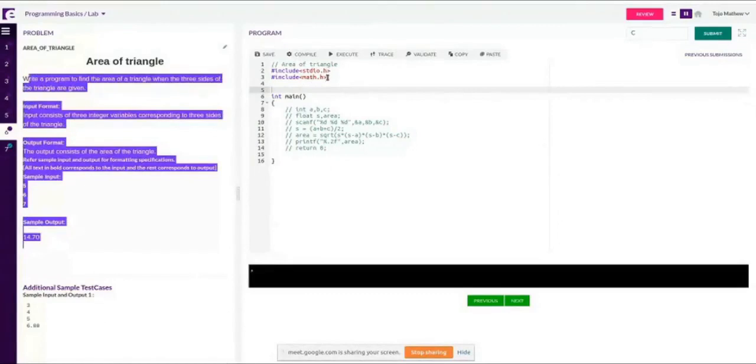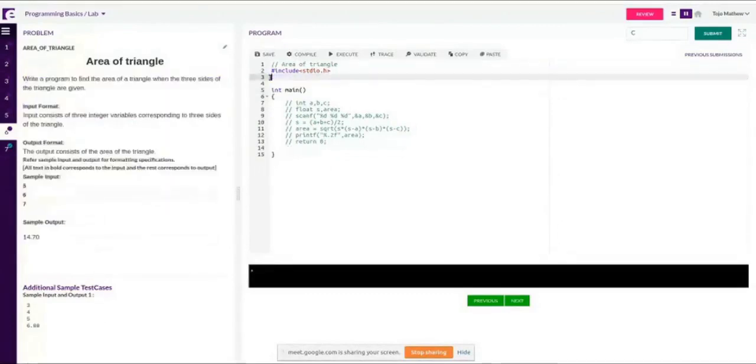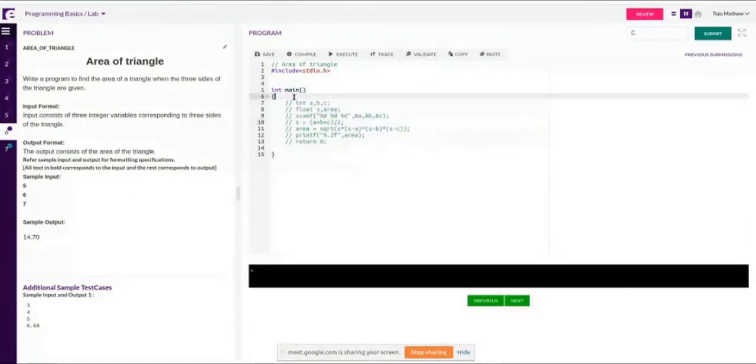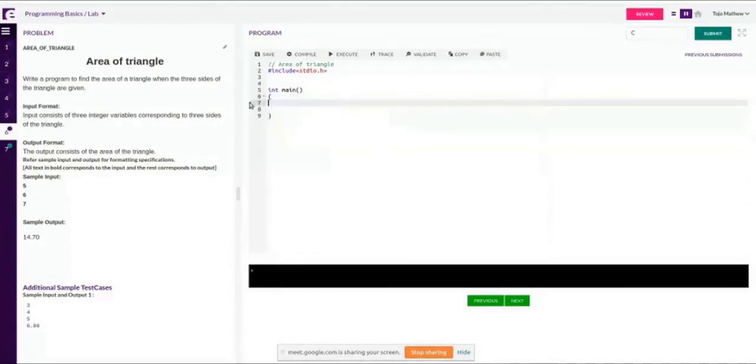So you start with #include stdio.h. At this point you don't know whether you will be able to use anything else, but minimum you will use stdio.h for any printf or scanf, so almost every program will have stdio.h included. Now you start typing int main, empty brackets, and opening and closing braces, and this is your canvas. As of now, nothing is there.